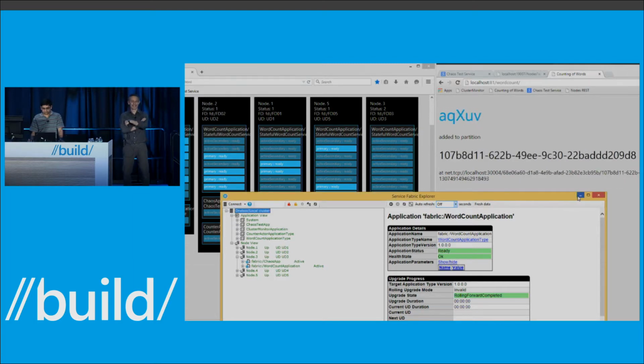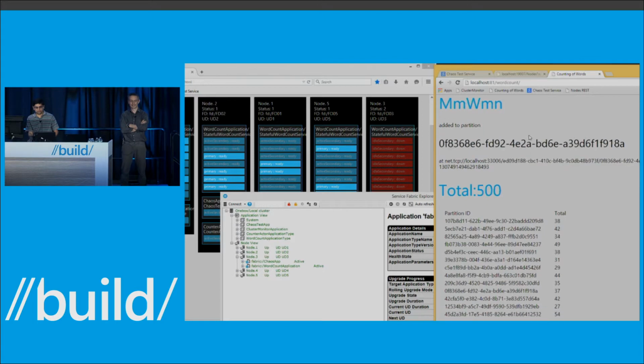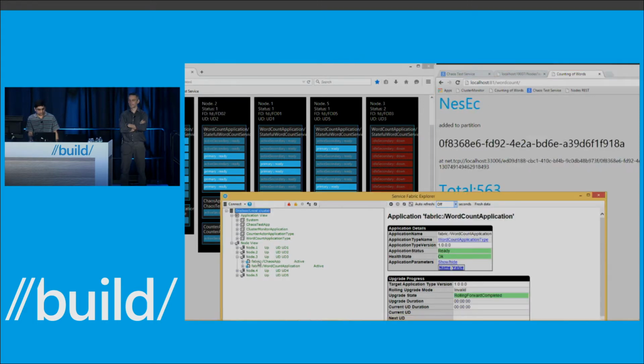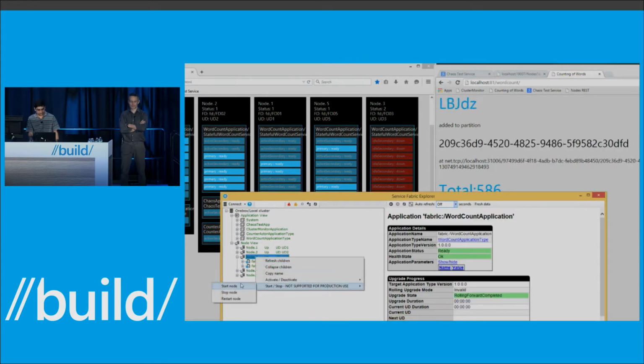We are nearly there. I started the word count web client and shut down the node again. You can see that the word count web client is going on while the node went down. The primary failover happened, and then transparently we relocated the primary, and the word counts are continuing to happen. These are the counts across various partitions, and this is the total count across all of those partitions. I'll go ahead and start the node again.